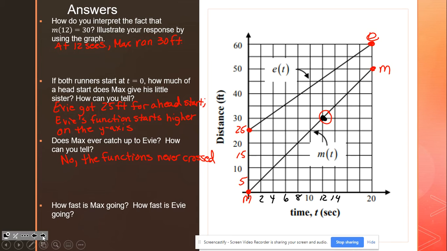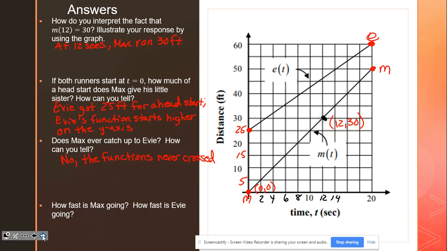How fast is Max going? How fast is Evie going? So now we want the speed, which of course is a measurement of the distance over time. So we need to know how fast they've gone. Let's start with Max. I can take any 2 points I want, and since I've already illustrated 2 points, with this one at 0, 0, and this one at 12, 30,